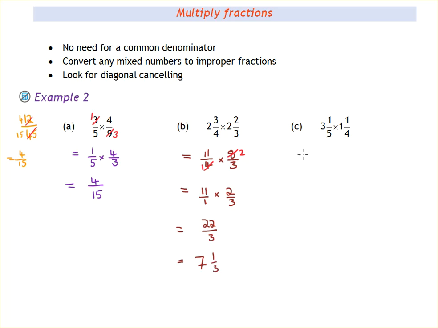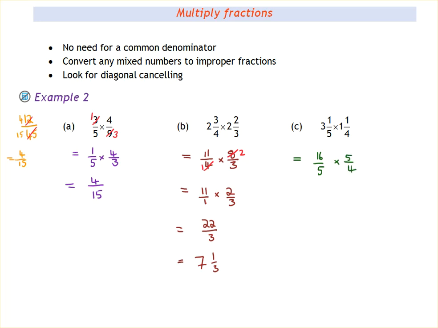Now on to the last one here. 3 1/5 multiplied by 1 1/4. We need to make these things into improper fractions. So 3 5's are 15, plus the 1 on the top gives you 16/5. And that's being multiplied in this case by 1 multiplied by 4, so that gives us 5/4,